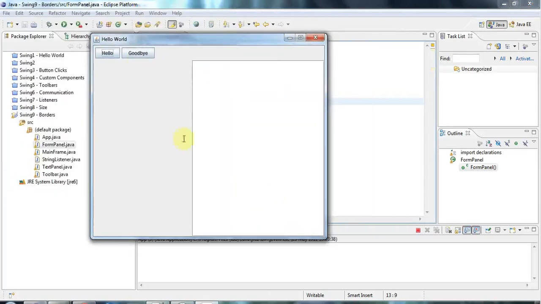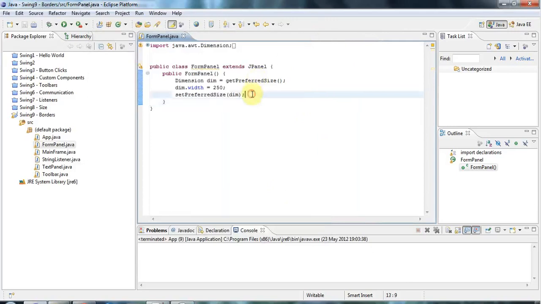So there's a panel here which I'm going to add controls into, but in this tutorial I want to give this panel a suitable border. Now, to give a component a border, you can say set border. So I'm in a constructor of the form panel class here, which extends JPanel, and I could pass in there